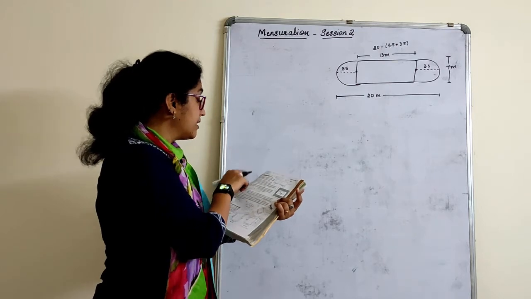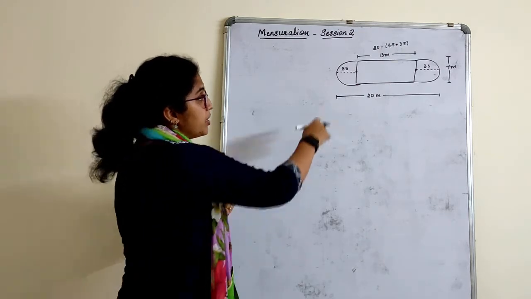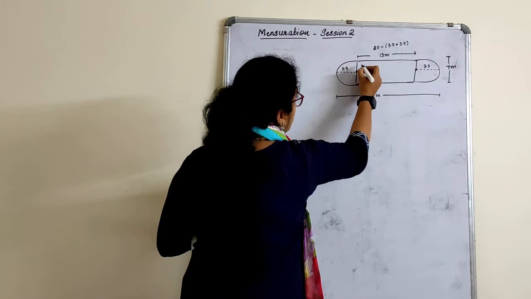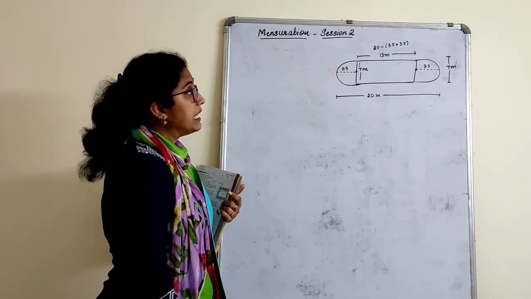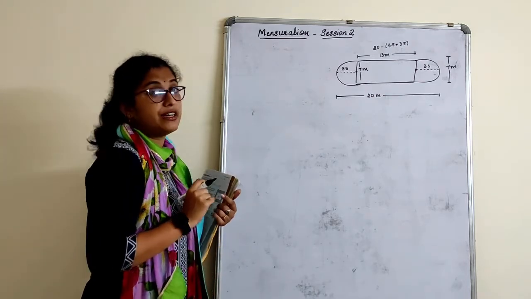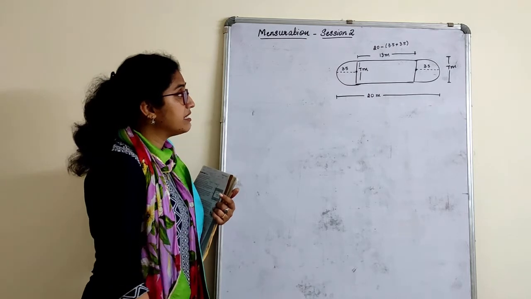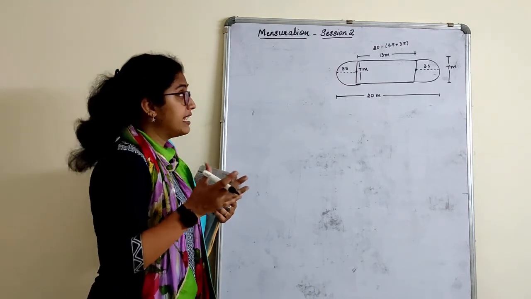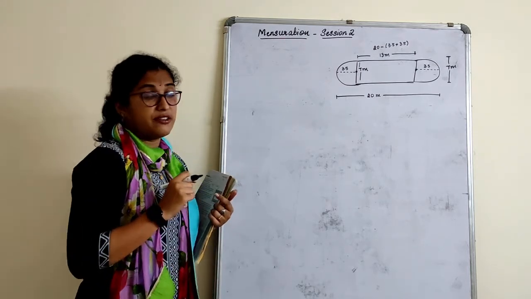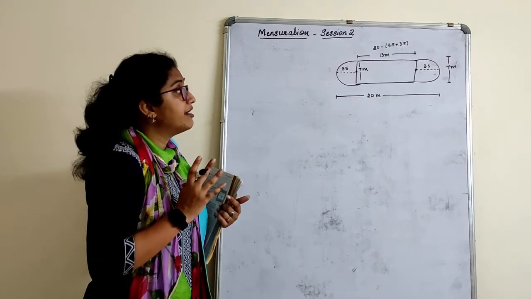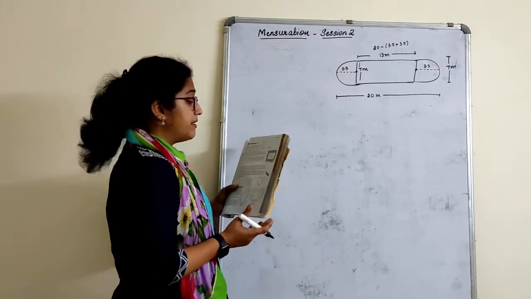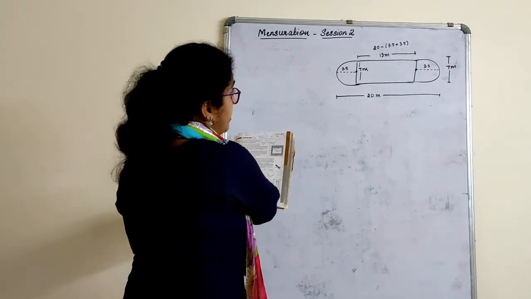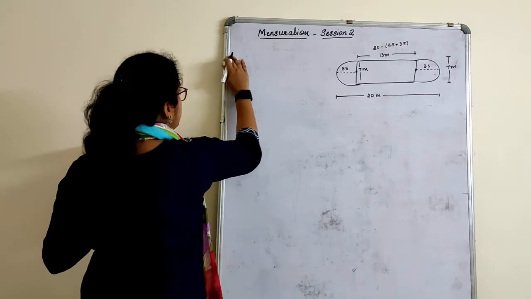What you can say is this is nothing but the length of the garden. What is the breadth? This is 7. Anyhow it is given. I'll write once again inside if you want. Is this very clear what we have written? Length we found out. 3.5 plus 3.5 is 7. 20 minus 7 is 13. So the rectangle's dimensions are length 13 and breadth 7. For the semicircle, the diameter is 7 and the radius is 3.5, or 7 by 2. So the diagram is very clear. We first write the dimensions now.